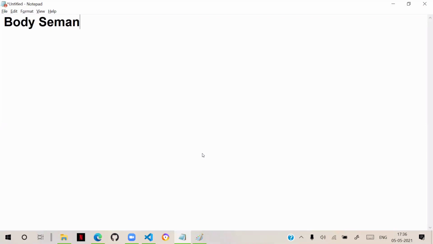So in the body section you can call them semantic elements. Paragraphs, headings, everything will be there. Other than that, some new semantics came. What are those new semantics?